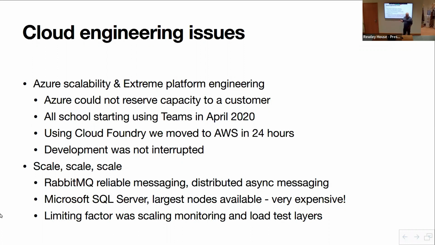So Microsoft tried to build out a new area in Azure UK. But the problem was, because everybody in China was ill, shipping new components to the UK to build these servers was a bit of a problem. So they tried everything, like they were shipping stuff all over just to try and make this work, but they couldn't do it in a way that scaled enough. So what we ended up doing was moving to AWS because we were on a containerized environment at the time, Cloud Foundry, if you're doing it to Kubernetes, but at the time Kubernetes wasn't mature enough. If you're doing it on Cloud Foundry, we were able to take the same scripts, deploy it to AWS, and then switch over the development environment without the developers being interrupted.